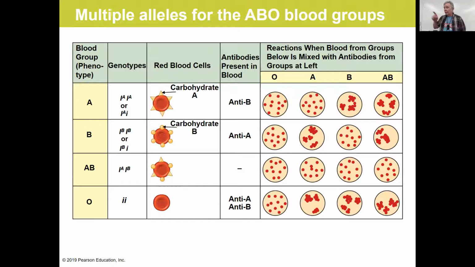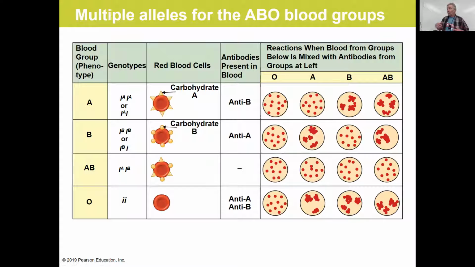But if I'm blood type A, I just said I was blood type A, I have anti-B antibodies in my blood. I don't know why. They're pre-made. Even though I've never been exposed to the B glycoprotein, I have antibodies against them, pre-made. So here's why I can't get B blood. If I need a transfusion, they're going to give me A, right? If they give me B,